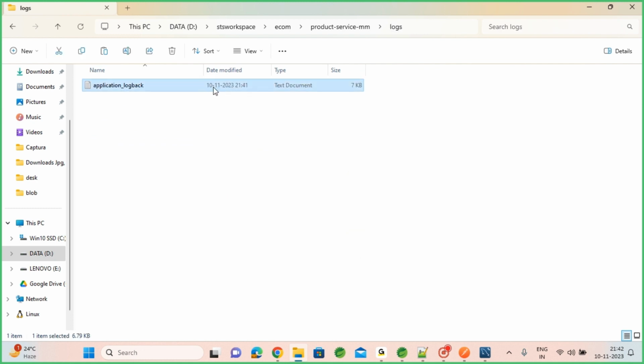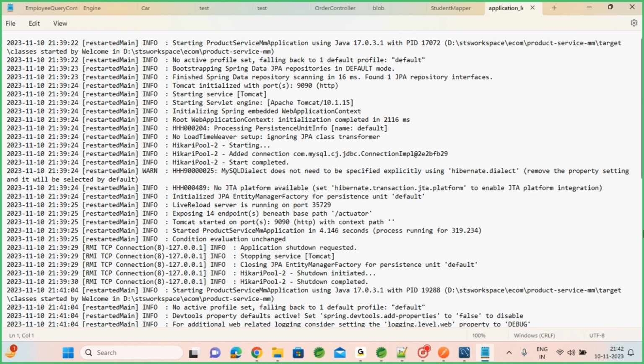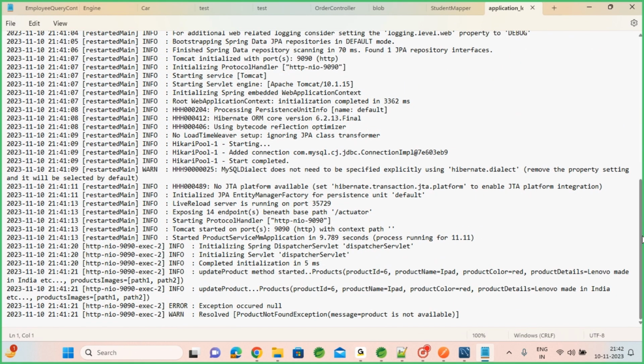So on 10/11 at 9:41, this log file was refreshed. Production people will email us this log file so that we can open it, read what happened, and understand the problem. Especially people working on production support based applications, you should